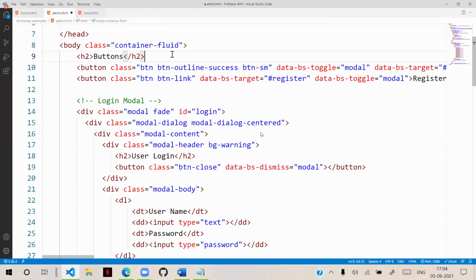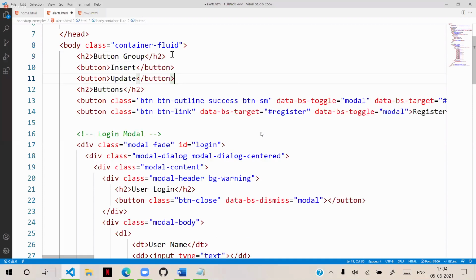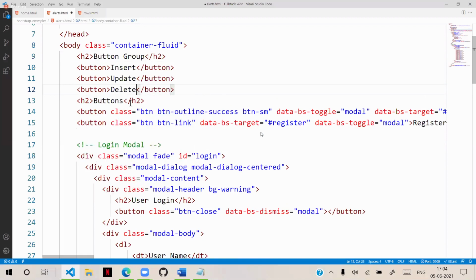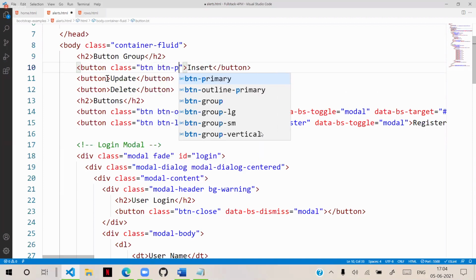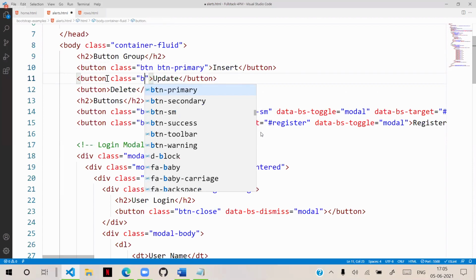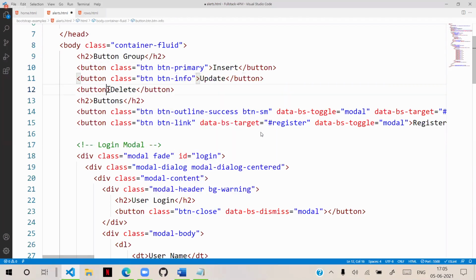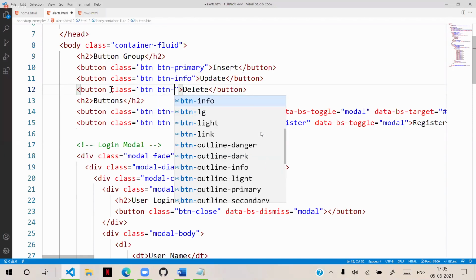One button is update, another button is delete. All these buttons have class BTN and BTN primary. The second one is class BTN info, and the third one is class BTN and BTN danger.